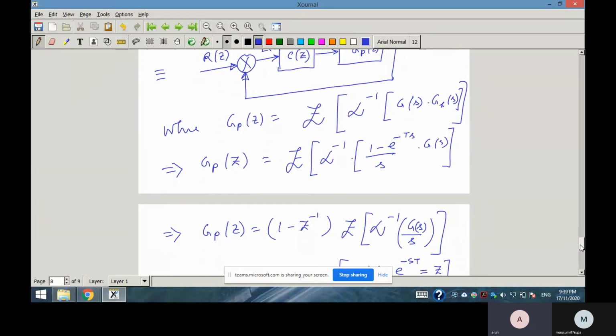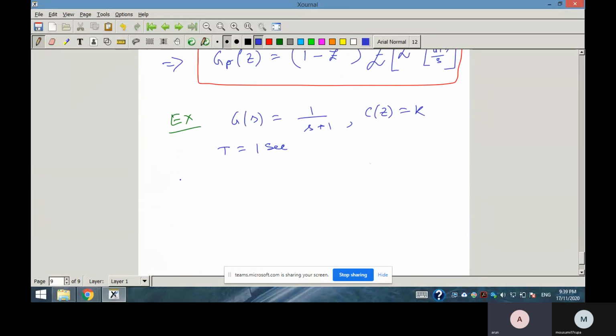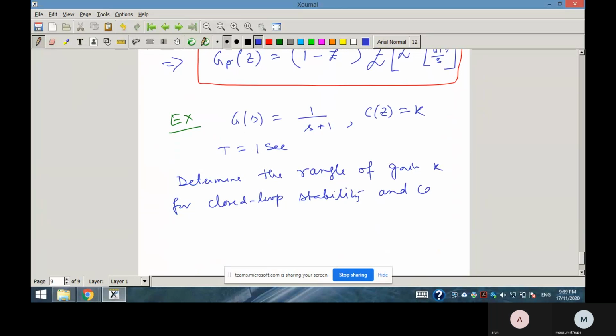So determine the range of gain K for closed loop stability, and comment on your result